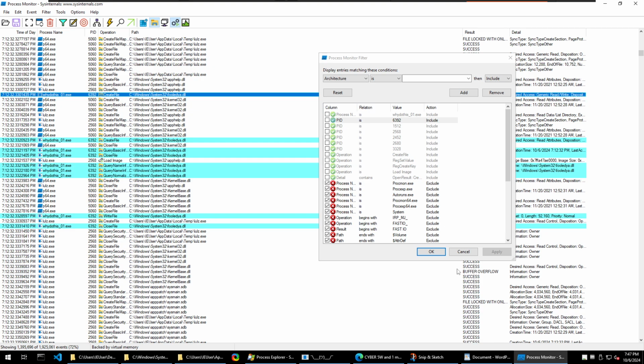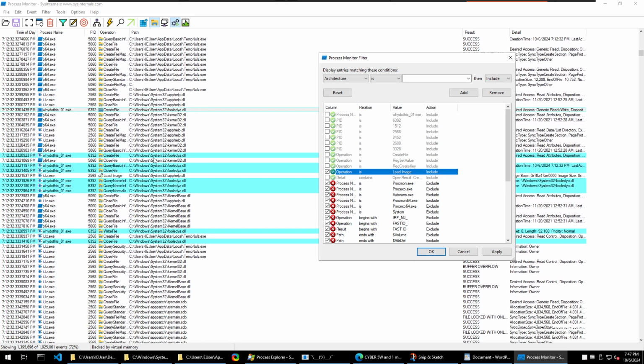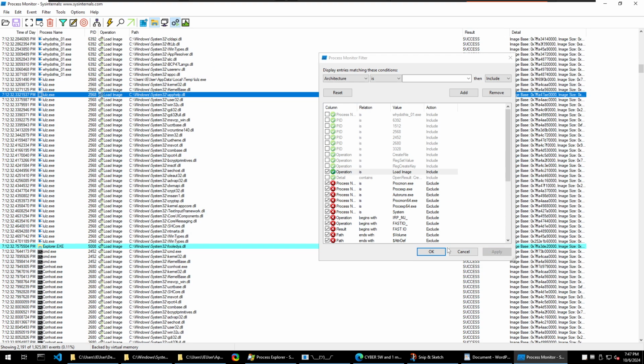And now I'm going to bring back the load image one, because I know probably this is going to be loaded. Why did this executable drop the DLL if it's not going to be used? So let's assume it's going to be used. Now we are looking at all the processes which are part of the capture. As you can see here, we have 1,300,000 something. I'm going to bring this load image again back one more time, apply,